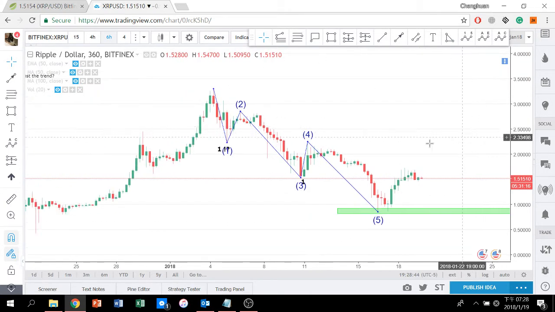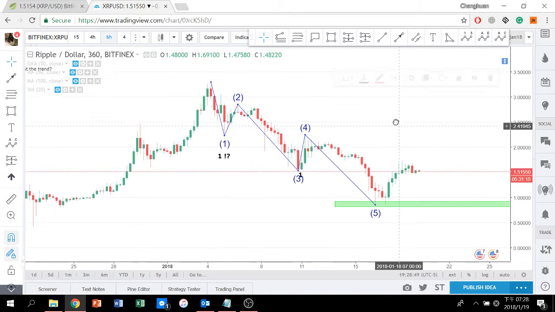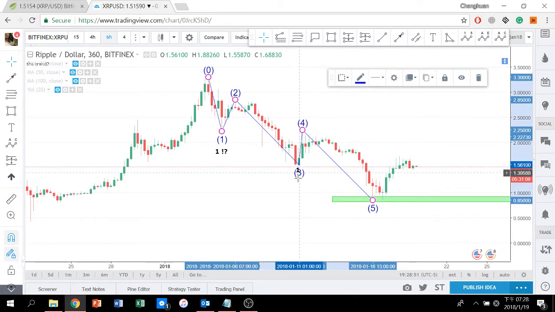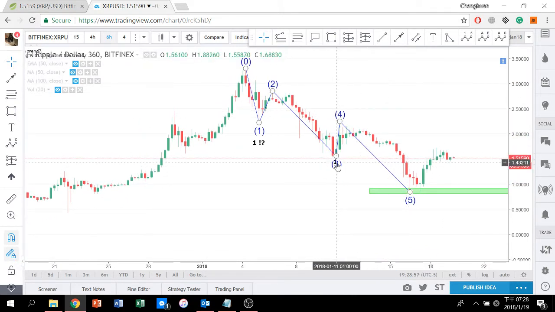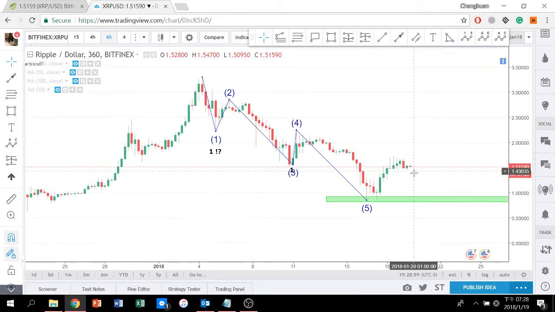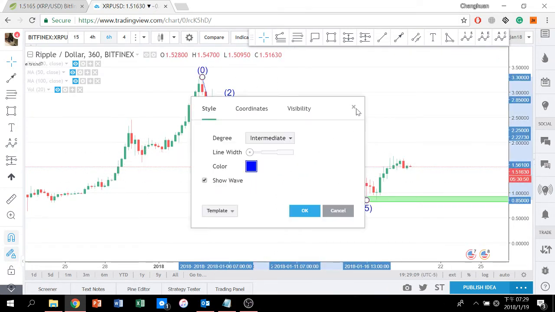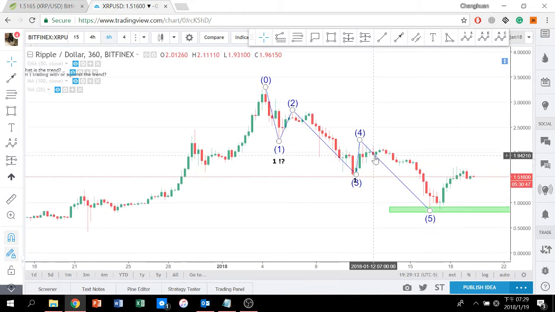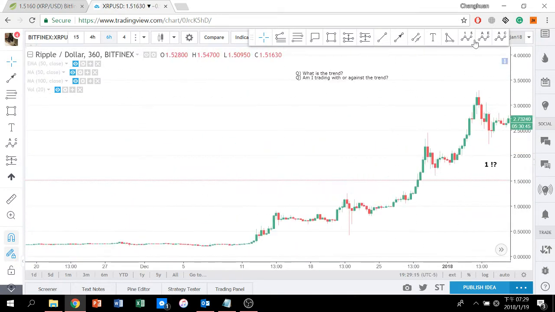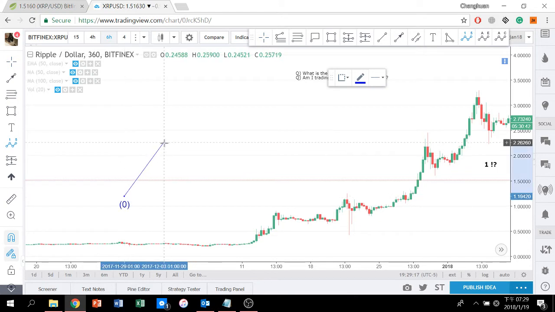Now why do I think wave 1 is here instead of here? This is a big difference because this is quite subjective, and the way that we draw this will determine whether or not we think there's going to be another leg down, and that'll drastically change your trading strategy. So let me justify my reasoning for labeling here as wave 1 instead of here. The rule is that each subwave of an Elliott wave has to be composed of another 5 wave, right?